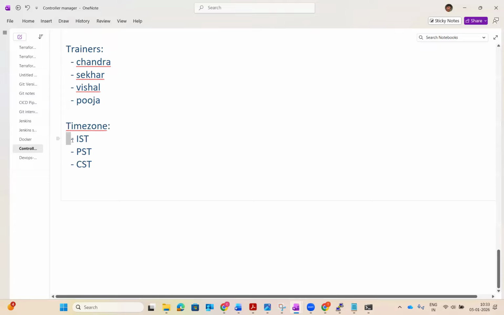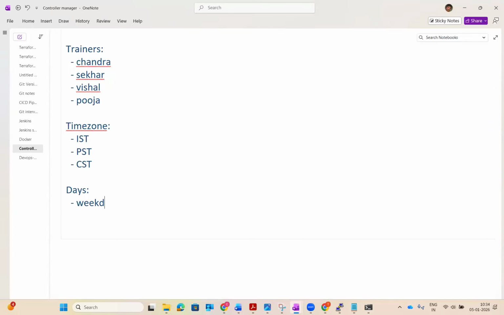Two spaces, dash, IST, PST, and CST. These all are in the list, right? And now again another key, maybe days. Again another key. Again two spaces, a dash, and weekdays, weekends,